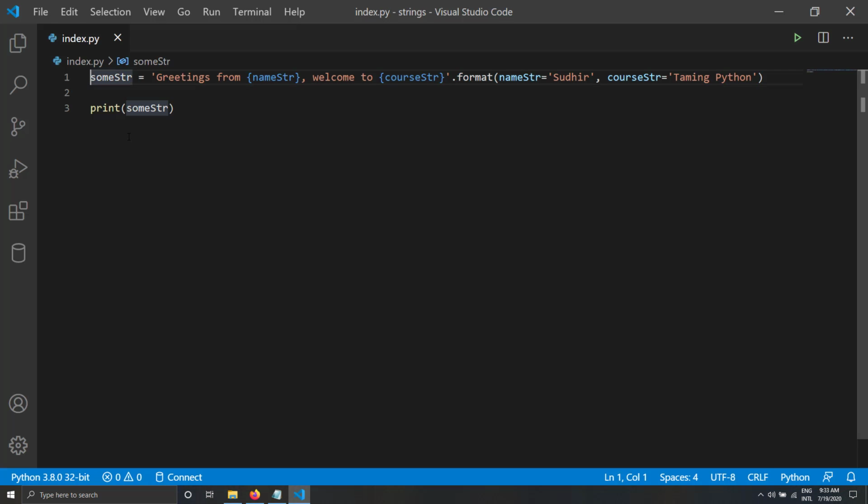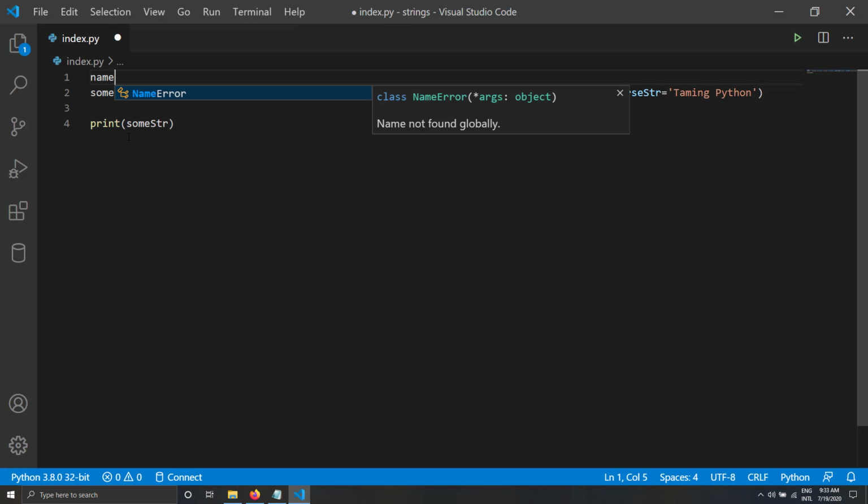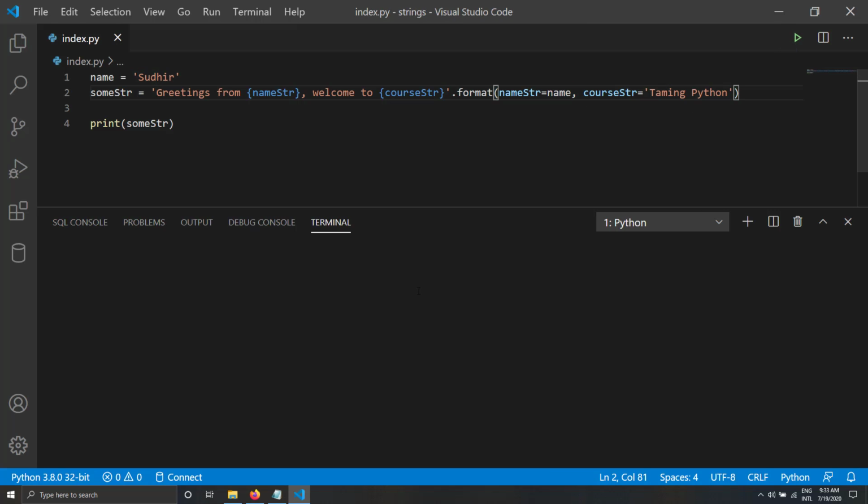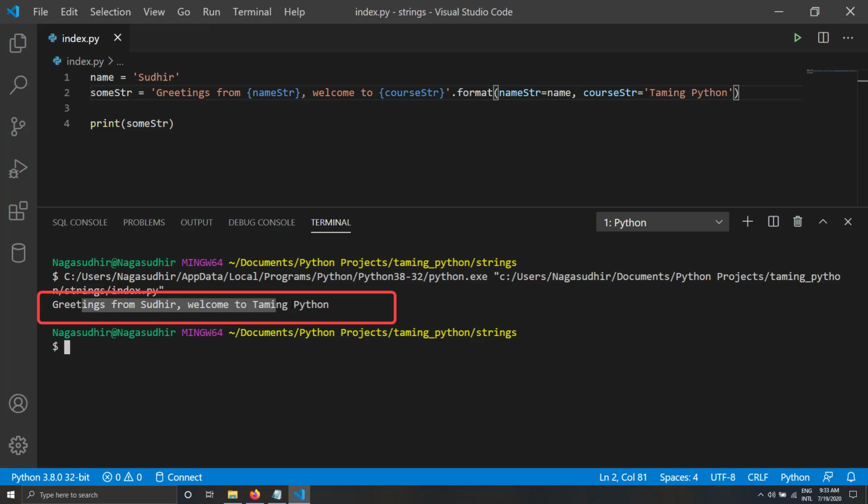So I'll just write here name equal to Sudhir, and I'll just use this name here, name string equal to name, and I'll run this. We'll get the same thing, greetings from Sudhir, welcome to Taming Python. Here, instead of writing the hard-coded string, I have stored a string in a variable and I've used this here.